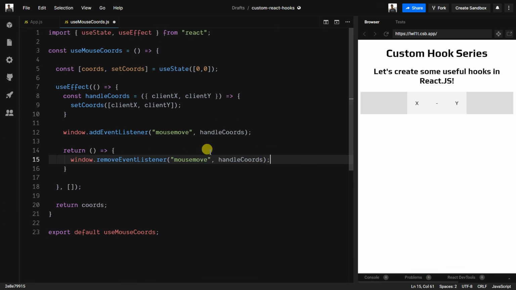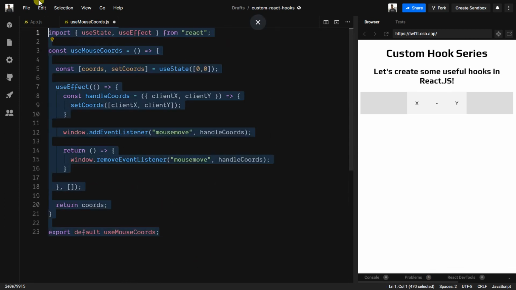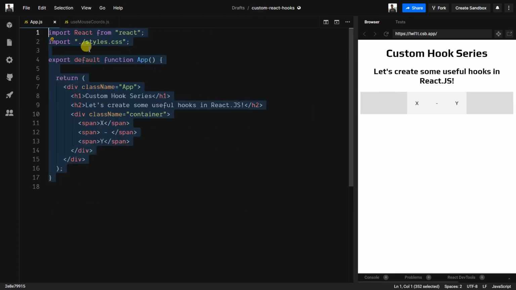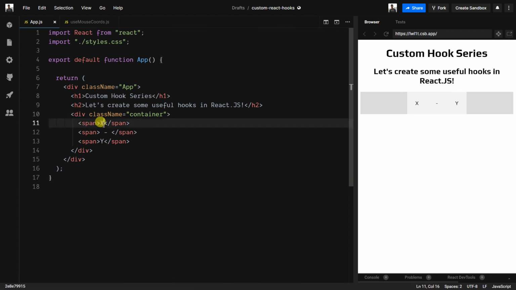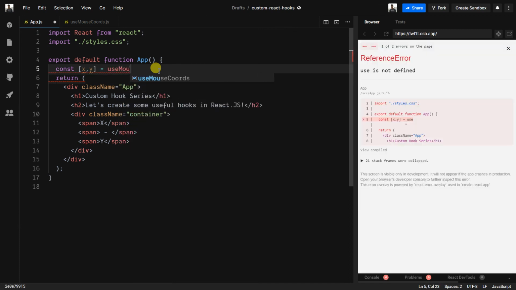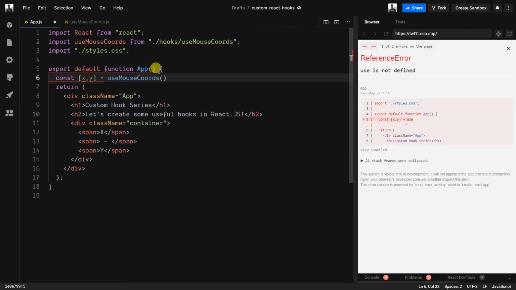That's all we need to do to create a custom hook that returns the current position of our mouse. I just created the static x and y coordinates, so let's use the dynamic coordinates from our hook. I will say const x, y equal to useMouseCoords, and I will invoke this.